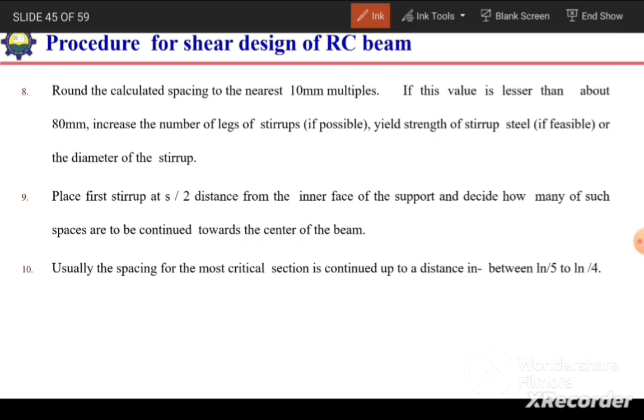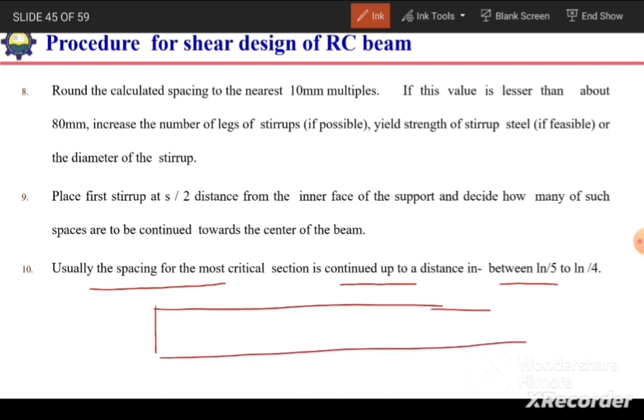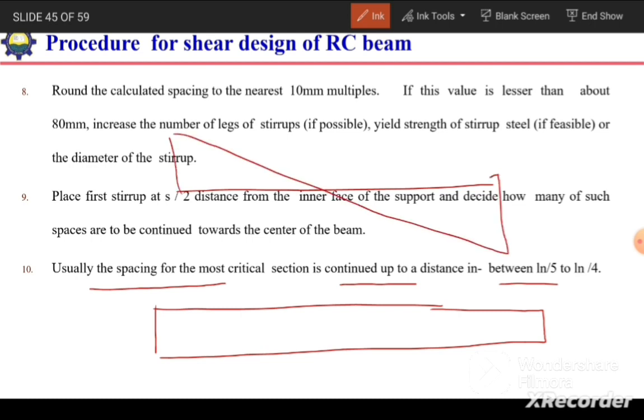So usually the spacing for the most critical section is continued up to a distance in between ln by 4 to ln by 5. So for example, if we have this beam and it is simply supported, in that case the shear force diagram will be like this. If it is subjected to UDL, the most critical section will be at a distance d from the face of the support, and we need to decide the spacing of the stirrups corresponding to that section, and then we need to continue this spacing up to a certain distance, and this distance should be ln by 4 or ln by 5. So up to this much distance we need to continue